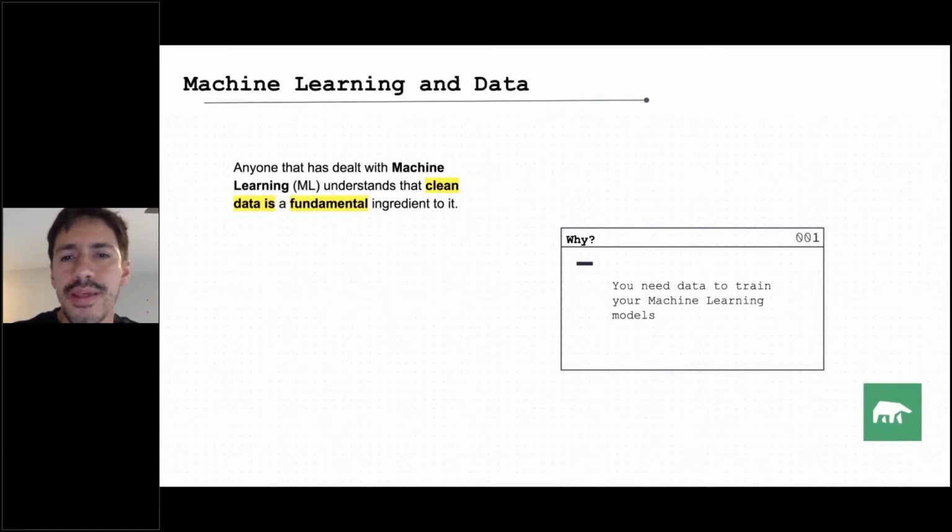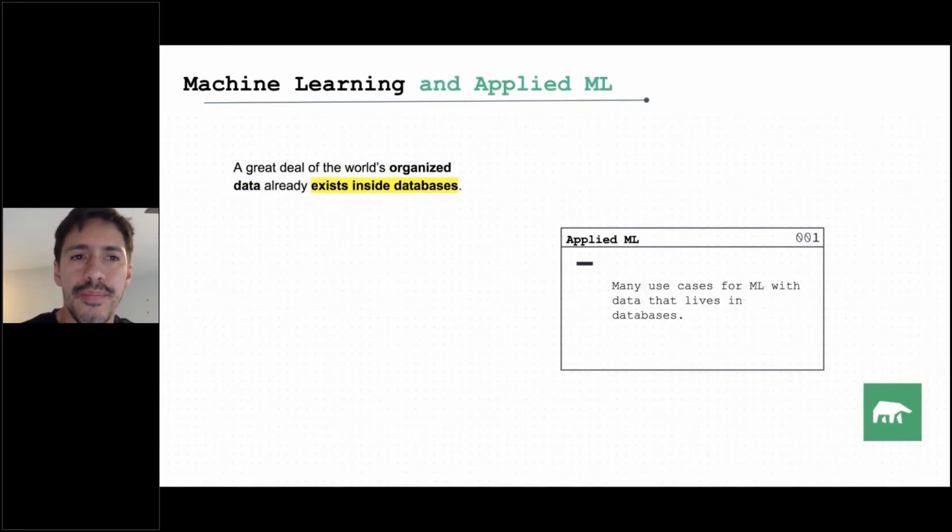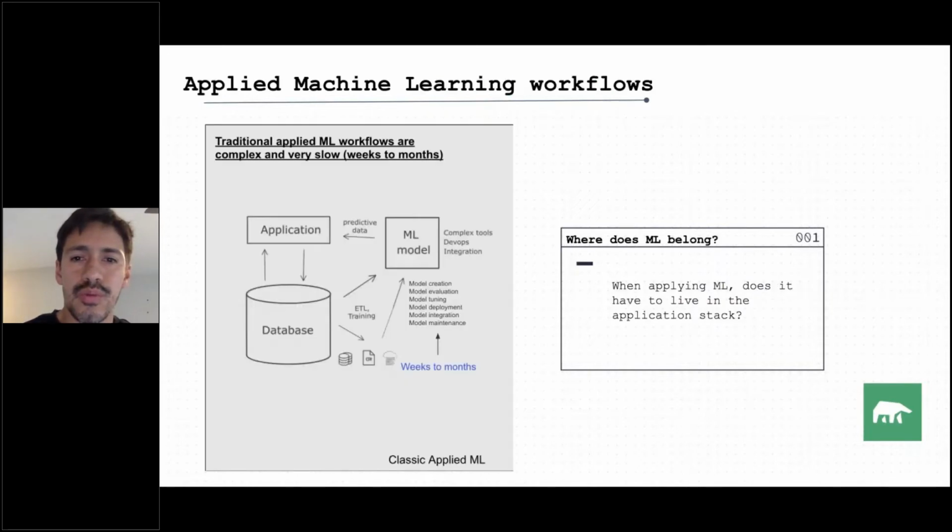Anyone that has dealt with machine learning before understands that data is the fundamental ingredient to machine learning. You need data to train any type of machine learning model, and therefore it's essential to it. Now, a great deal of data already exists in databases, and that falls in the field of applied machine learning. So there are many use cases for machine learning with data that lives in databases already, and therefore it's natural to ask a question like,